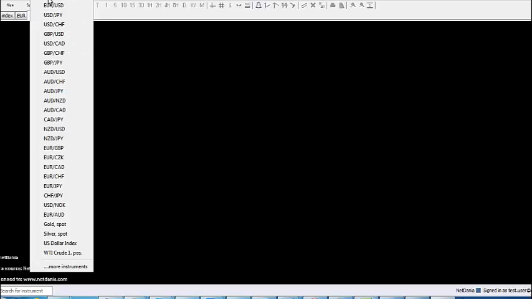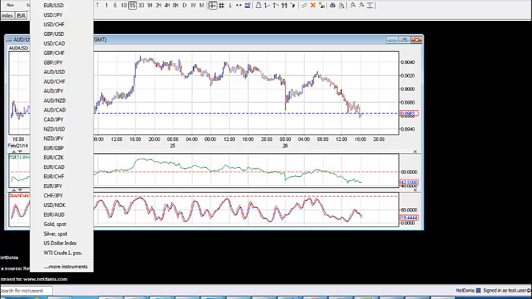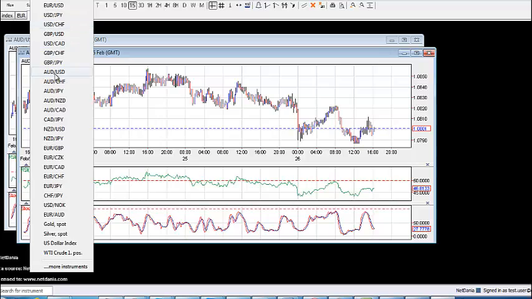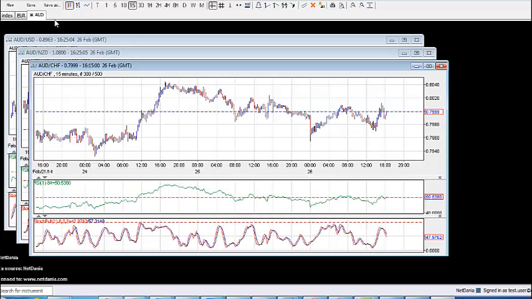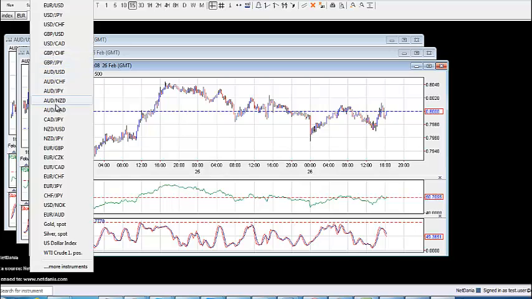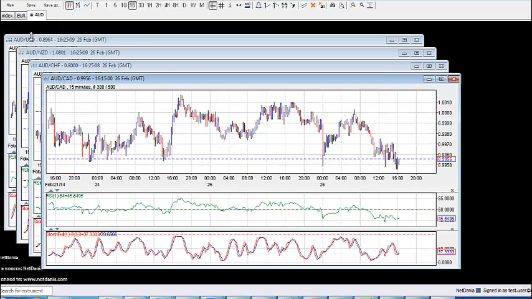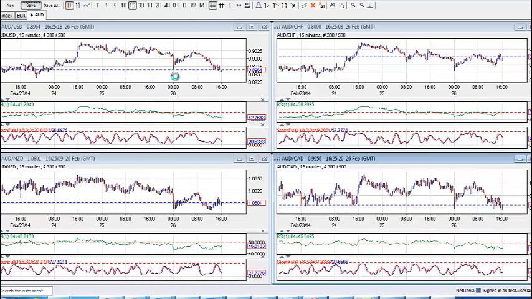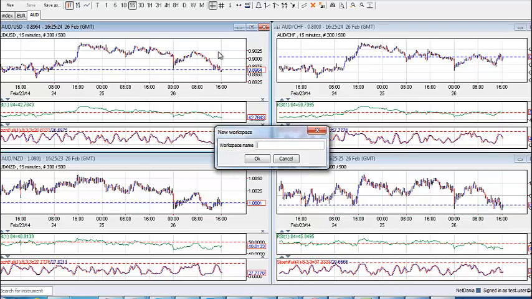Okay, we go to our charts again, we search for the pairs that we want to be able to place, which is going to be AUD against the US dollar. We're going to have AUD against the NZD, AUD Swiss franc, and AUD against the CAD. So remember, we have the AUD, USD, AUD, NZD, AUD, Swiss franc, and AUD against the CAD, and we're going to tile this vertically. Excellent. Now we can move on to the GBP,